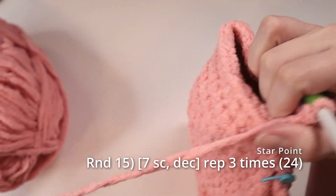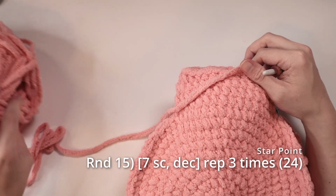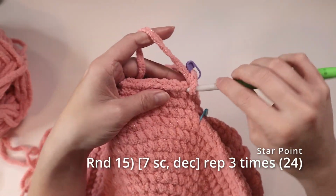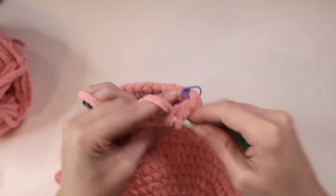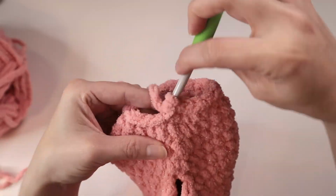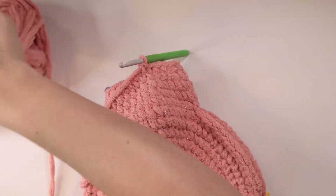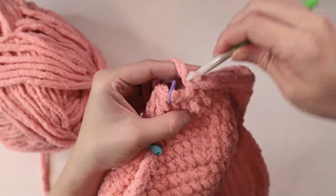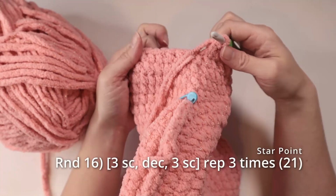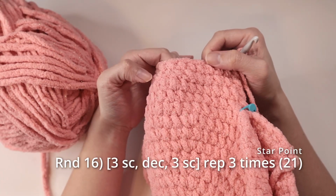For round 15, we're going to do 7 single crochet, then a decrease. You'll repeat that sequence 3 times in the round, and that should bring us down to 24 stitches in the round. On to round 16. For round 16, we're going to do 3 single crochet, then a decrease, then 3 more